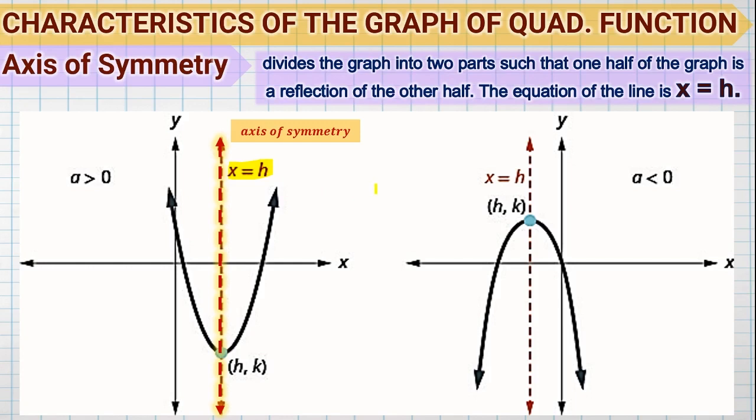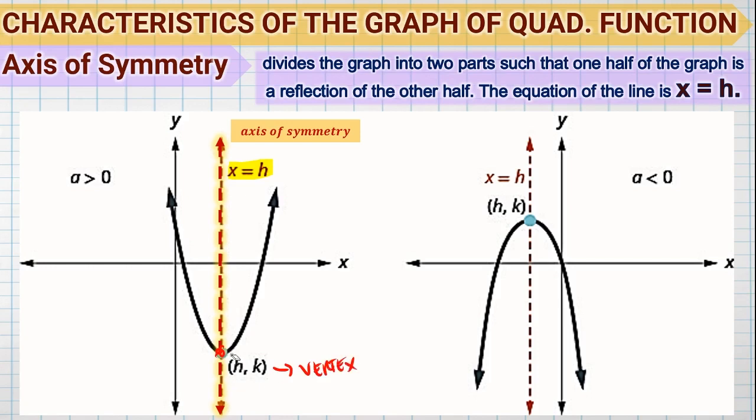So, it divides the graph into two parts such that one half of the graph is a reflection of the other half. So, parang ang dating kasi, hinahati niya tong parabola natin sa two equal parts. So, yan yung purpose ng ating axis of symmetry. So, madali lang naman makita yan because it is passing through the vertex. So, kung naalala nyo, ito yung ating